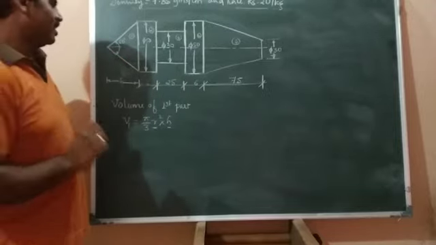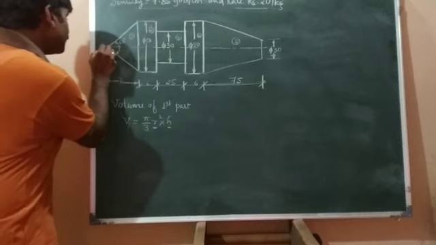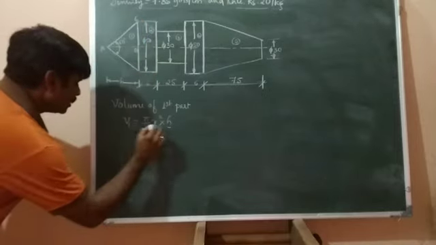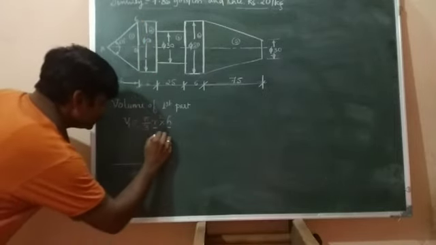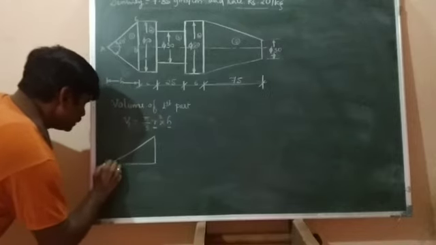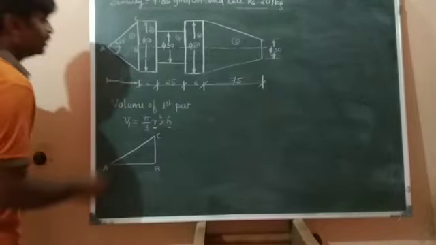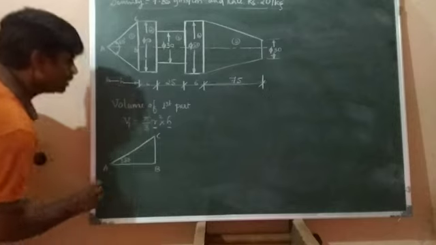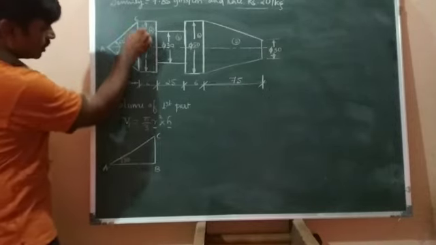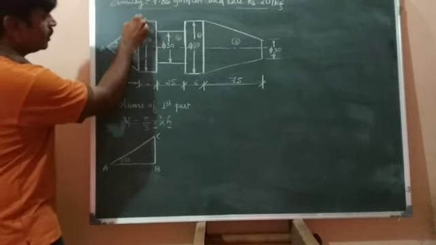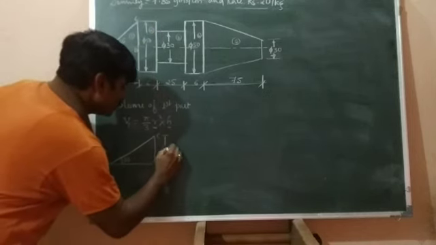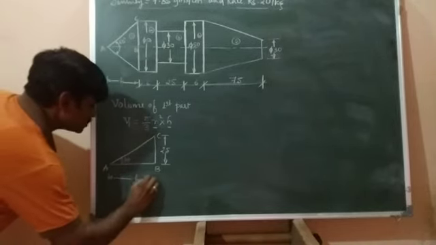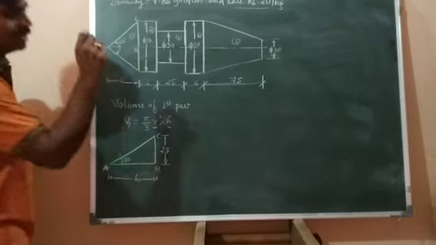Now let us consider the part A, B and this one as a right angle triangle. So this is A and this is B and this is C. Now the total angle given is 60 degree here. Now the half angle is 30 degree. Now one more data they have given, that is total here 50. So half of this one, that is 25. So this is 25. Okay. So height, that is h, we need to find this particular data to find the volume.